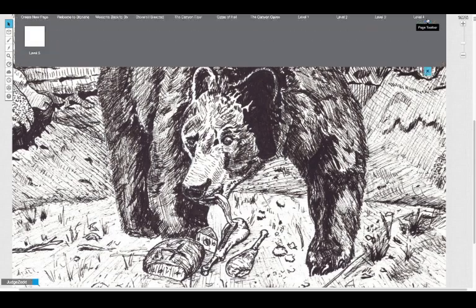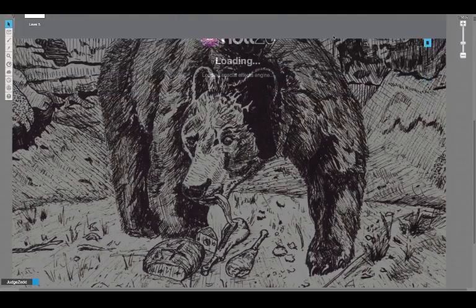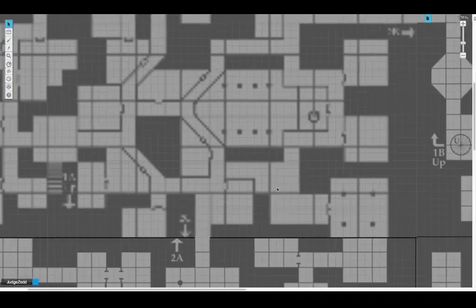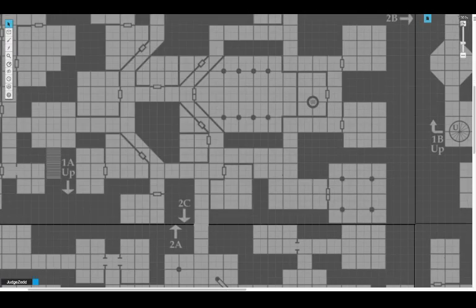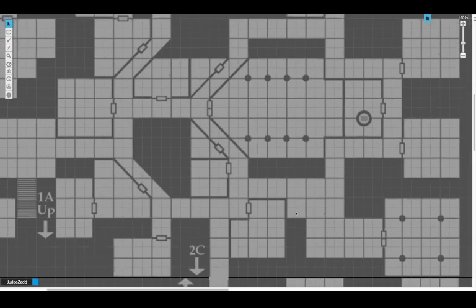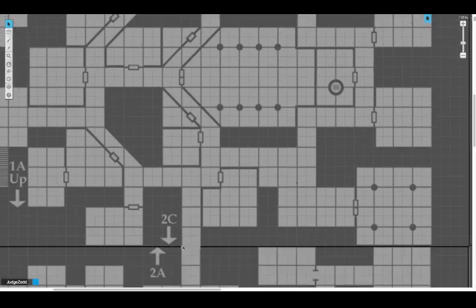I know you can't see it. Let me see if I can pull it up. I think it's here. There's a couple areas where the maps cross over because they're all quadrants. So like right here, there's a little. You can tell that I've gone in and covered that up,